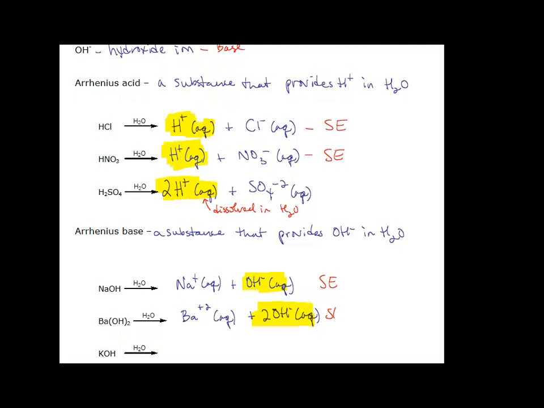If you were wondering how I came up with that, because you're thinking about your solubility rules, good for you. Barium hydroxide is one of these hydroxide salts that is soluble and it is a strong electrolyte, making it a strong base. If you put no reaction on this reaction, I would accept that as well, because based on what you've learned